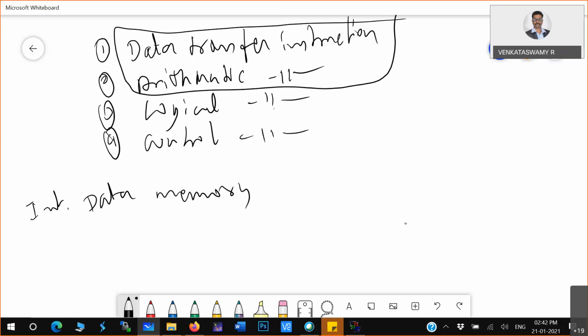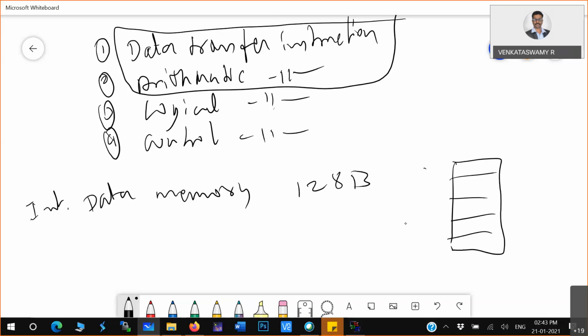We know we have 128 bytes of internal memory. So I have this memory architecture: 00 is the starting address, 7F is the middle value since you have 128 bytes, and up to FF you have special function registers.